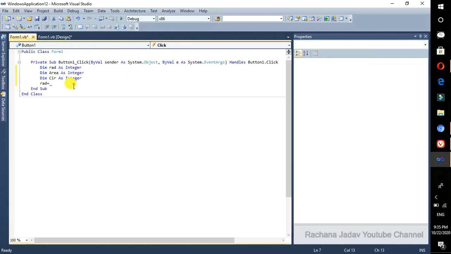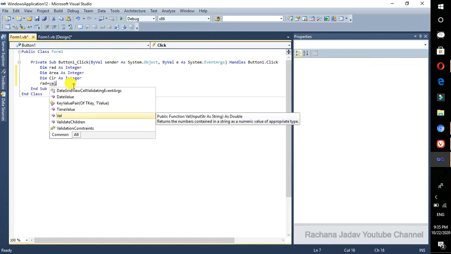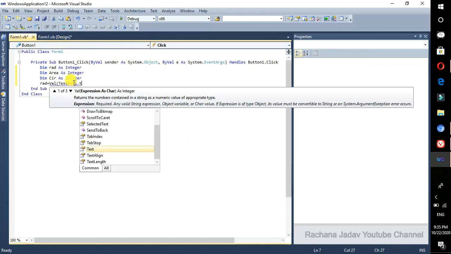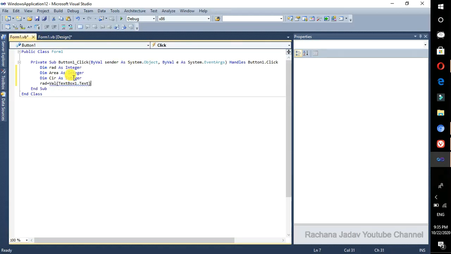So we will write here Val(TextBox1.Text). Whatever value you enter will be accepted here as the radius. So it is equal to radius.